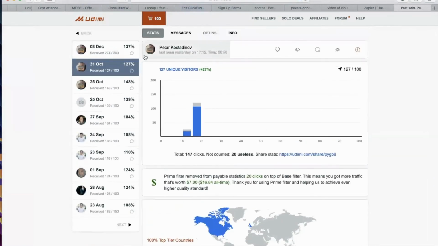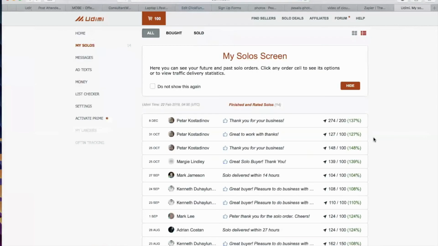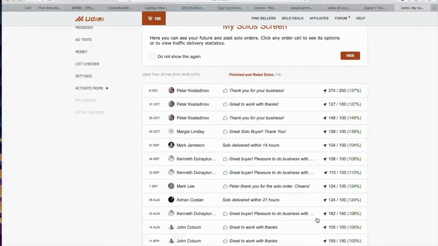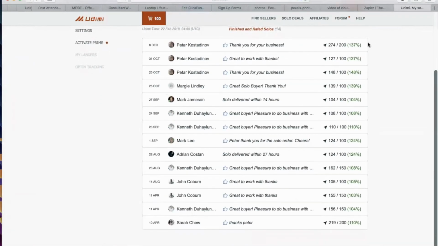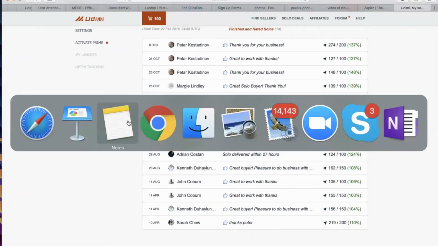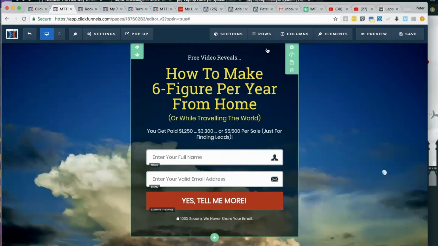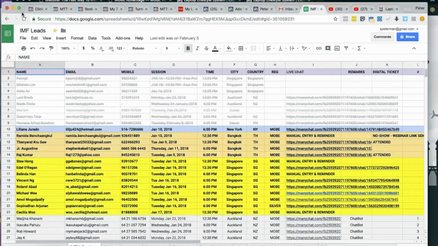And let me just show you. In my case, these are what I have purchased before. I have 137 over delivery. That means 37% over delivery. I bought 100, and normally they will give me a little bit more. My success rate of people actually converting is